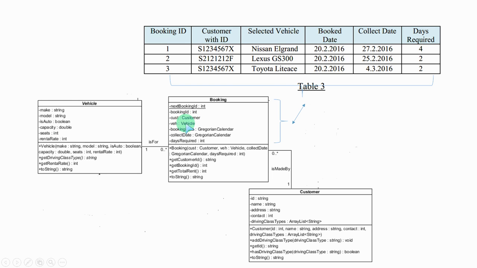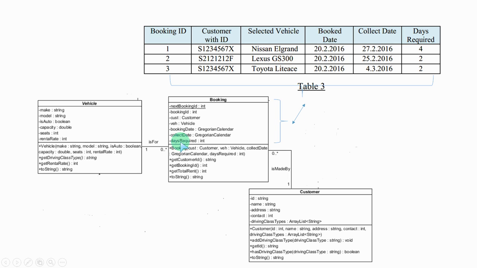So the information of this field comes from the make and the model of the object of the composing class vehicle. Okay, and then the book date is here, and collect date is also here. These are all of Gregorian calendar type, which we have an exercise on already. And then the